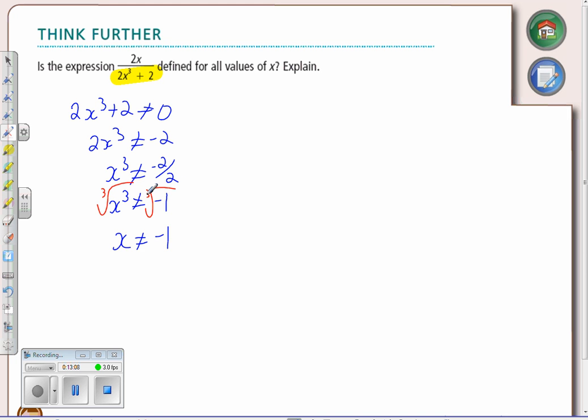If I had a square root there, I'll just take it a little bit further. If it was at this point, what if it was x squared cannot equal negative 1? I would take the square root of both sides, and I would get x cannot equal the square root of negative 1. Well, the square root of negative 1 is not a real answer, so then we would say